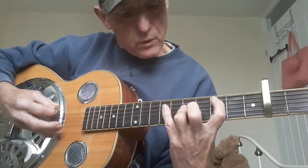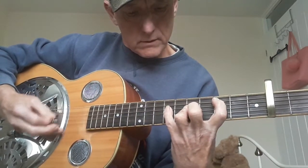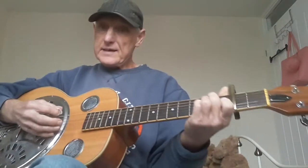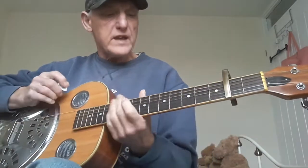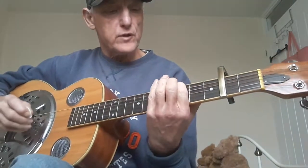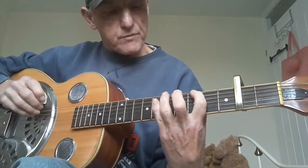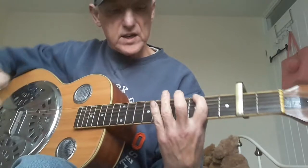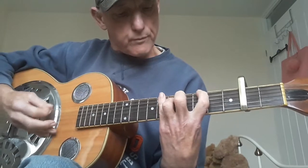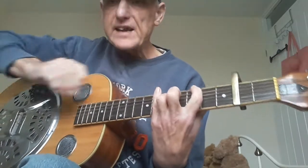If you go down one now, that would be a C. Back to a G. It is quite a hard stretch, but once you've got that little formation, so if we do it on the G, our first finger is going to go on that G note, quite close to that fret, right? And we're going to miss out the 2nd finger. We're going to use our 3rd finger now because it is a heck of a stretch. So our 3rd finger is in the 5th fret now,